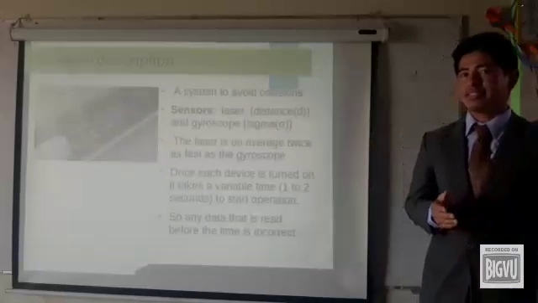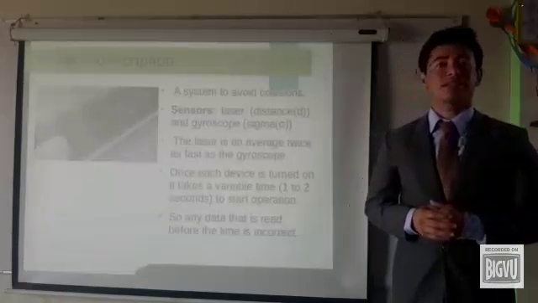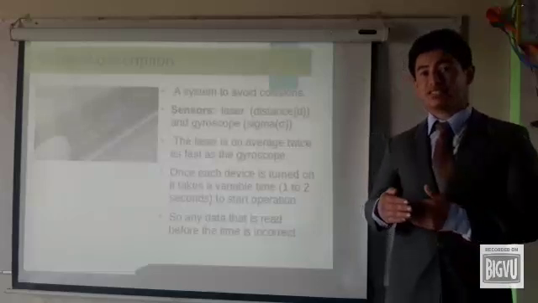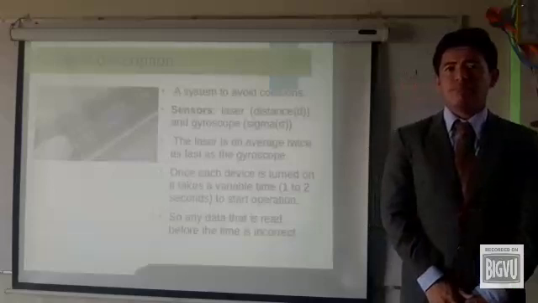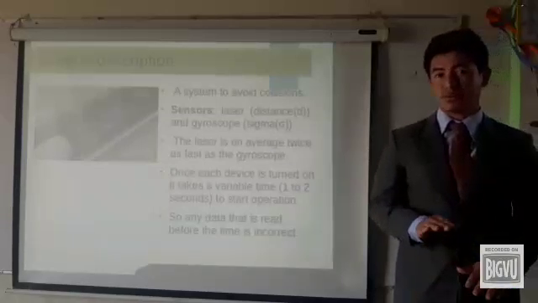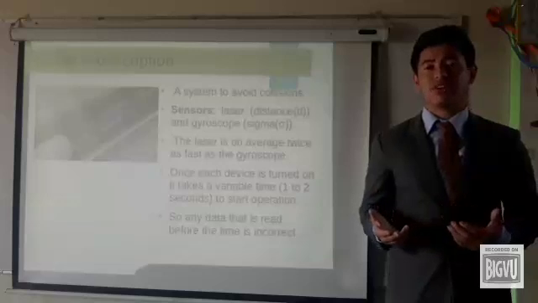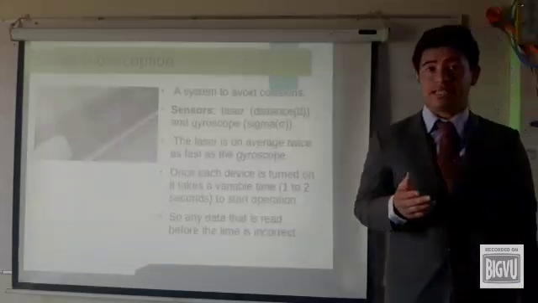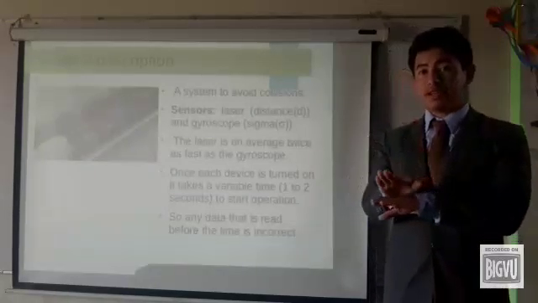The XYZ electric company is developing a system to avoid collision. The system uses a laser to periodically calculate the distance to the object that is in front of the vehicle. Because the street may have bumps or obliqueness, the distance estimated is not always correct. To solve the problem, XYZ has placed a gyroscope that reports the inclination of the vehicle